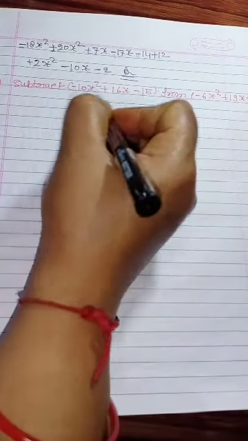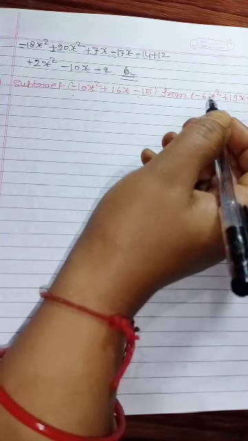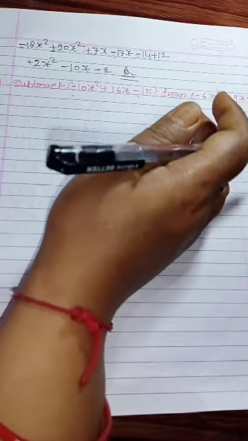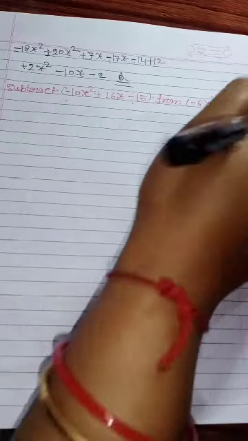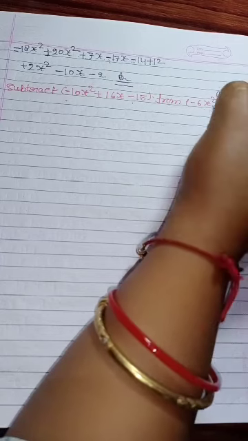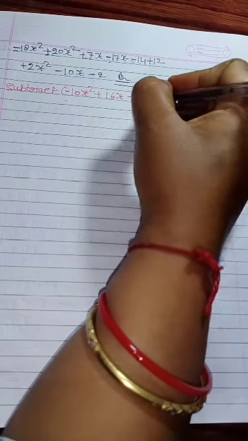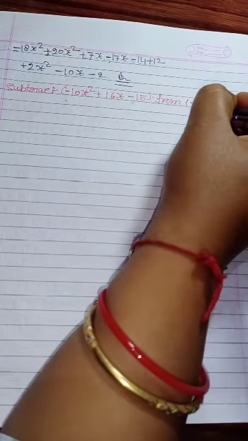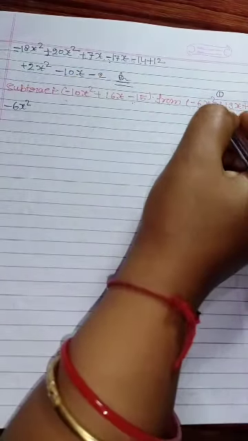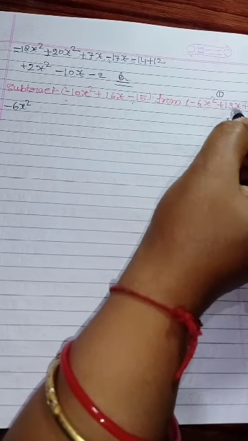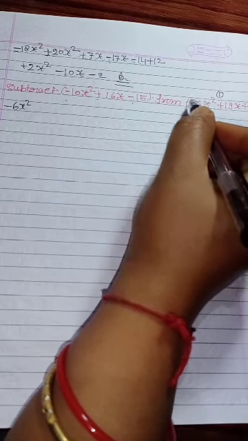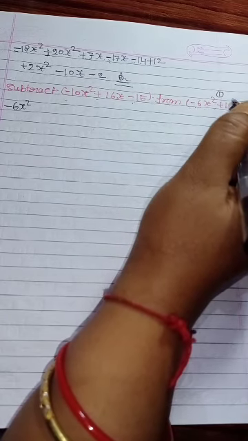Now see, subtract this from this. I told you during the time of integers and fractions how you have to do the subtraction. From means this will come as the first expression. You will write this in the first position. So from this number you have to subtract this one. So write this one first: minus 6x square. This is the only point where you have to focus. The children are always making mistakes. They are writing this minus this. That is wrong. From means subtract 3 from 7.